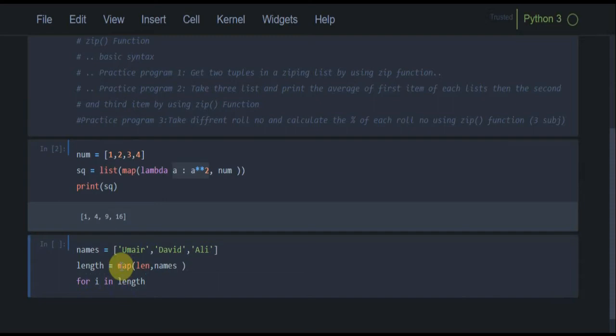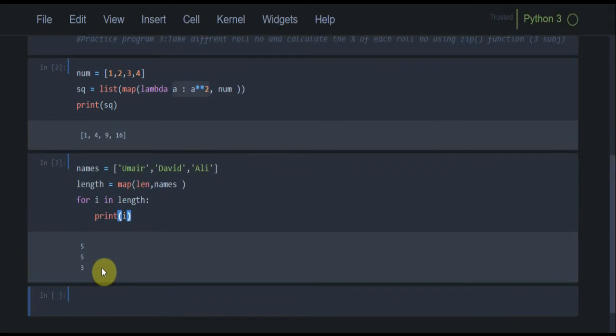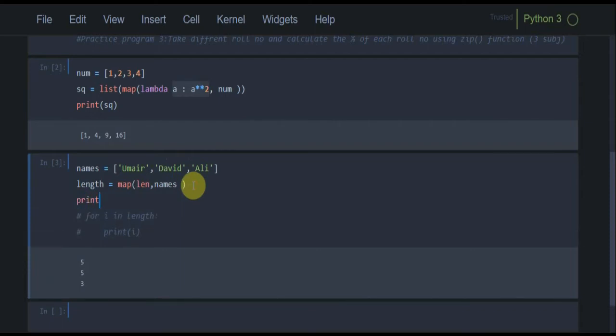So map will return the object. The object will be stored in length. We will discuss what the object is. We can directly apply a for loop on an object and then directly print i here. If I run this program, you can see that it has calculated the length of each string. So what if I comment this code